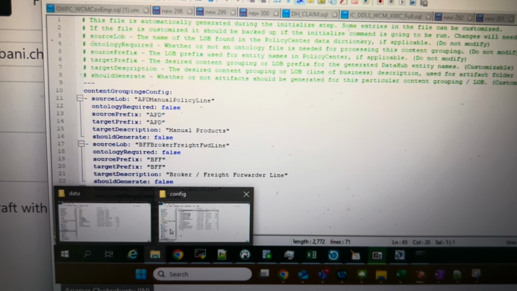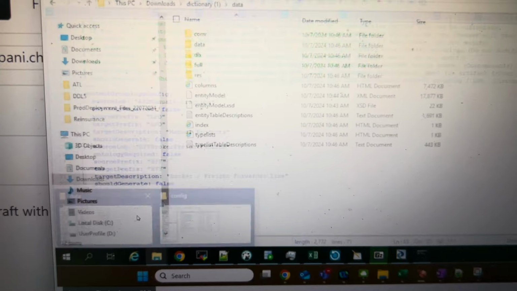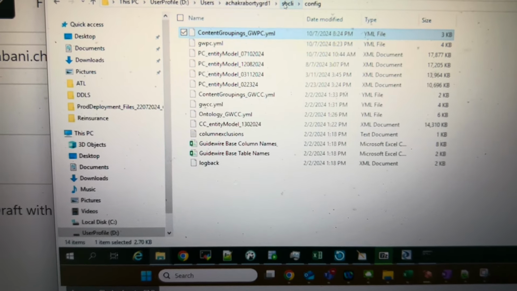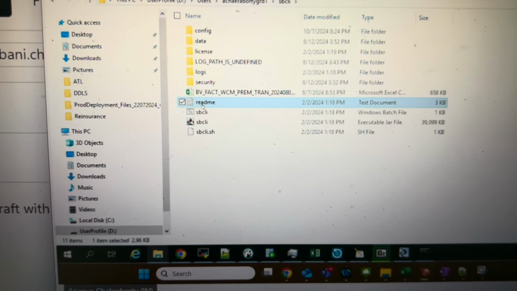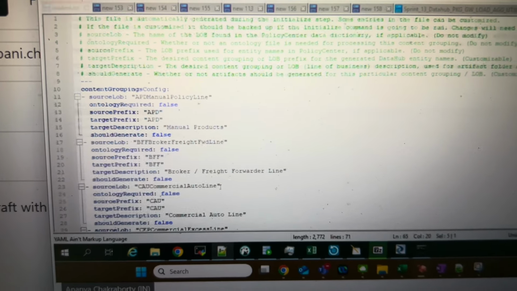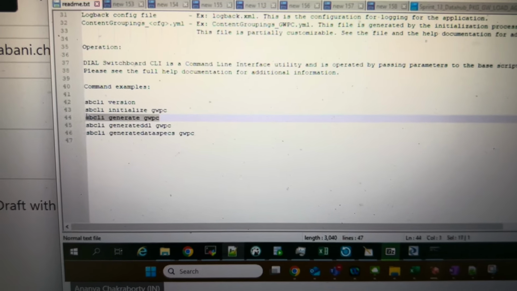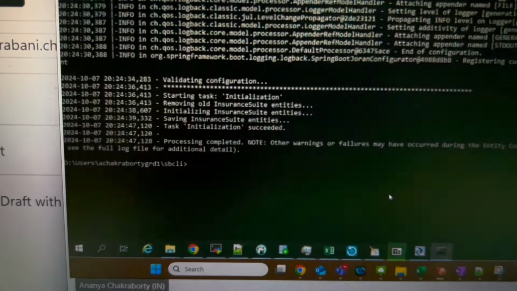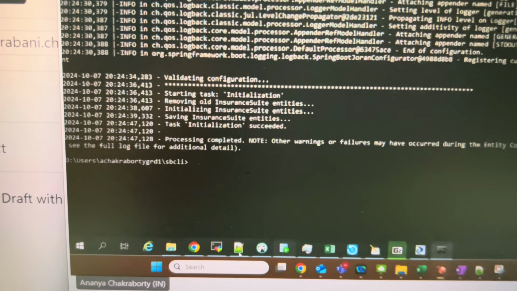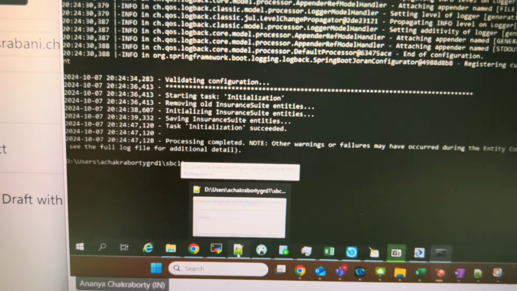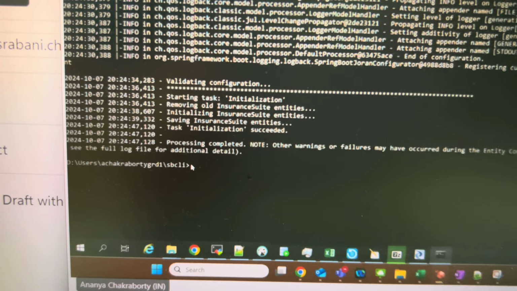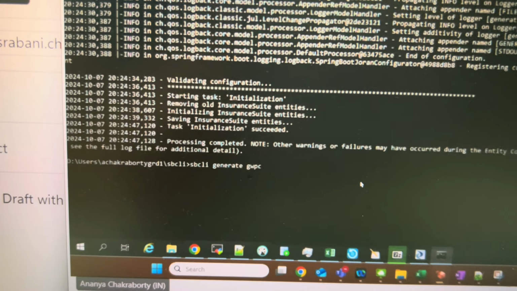Okay, so this is done. Now I need to go to the next one. Next it will generate the dial transfer file. But before that, I think I need to enable the LOBs that need to be generated. Let me run it. If I see any error, we'll enable that.